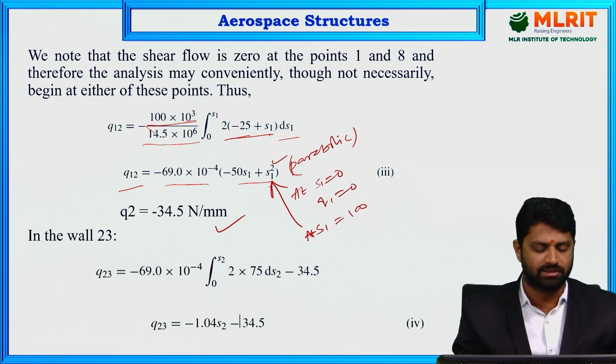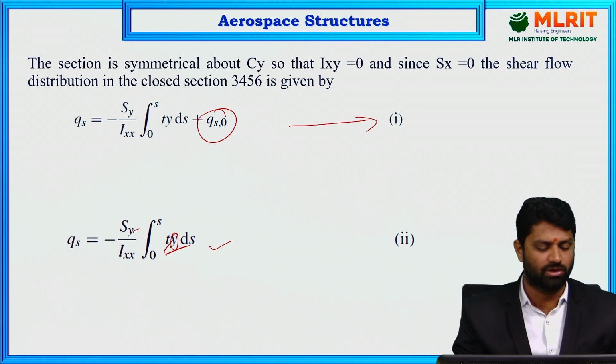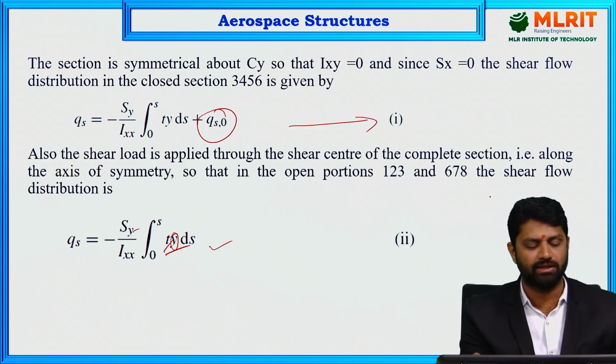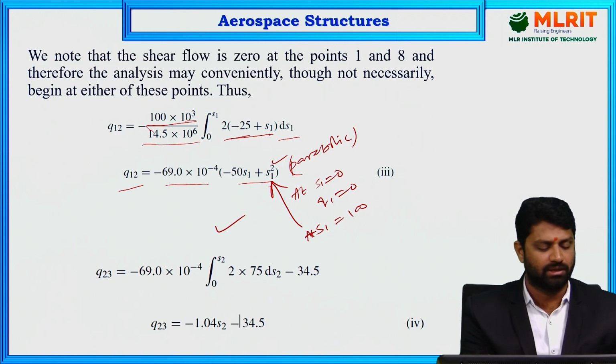Okay, and similarly that is for wall 1, 2. Similarly you can do for wall 2, 3 also by considering the distribution as S2. So when you take the horizontal distribution for S2, its Y distance does not change, because from here to the center of the total figure it remains constant, that is 75 mm. So straight away you can consider Y distance as 75, and then you can substitute over here in the formula,